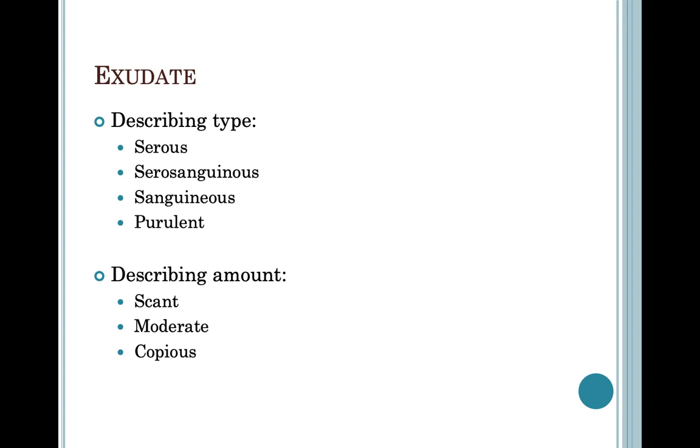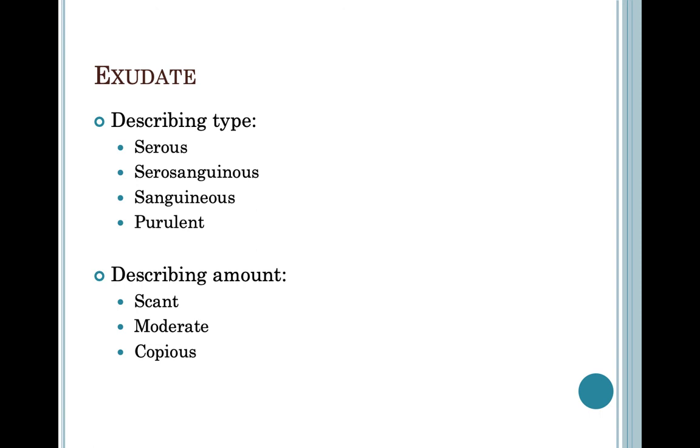In terms of exudate, remember that exudate is the fluid that's being put out naturally by the body as a result of the wound. There are 4 different descriptors that we generally use to document the type of exudate that's coming out. Serous exudate tends to be thin and clear. Serosanguinous exudate is a mix of blood and serum, and so it tends to be pink and is also somewhat thin. Sanguinous exudate is bloody,